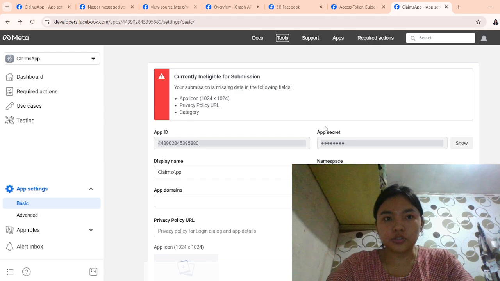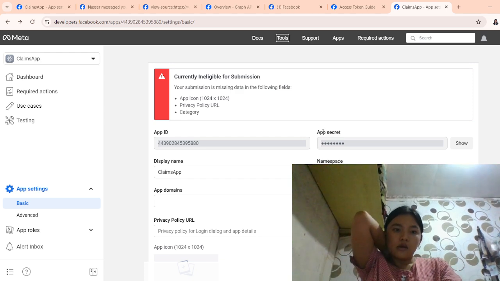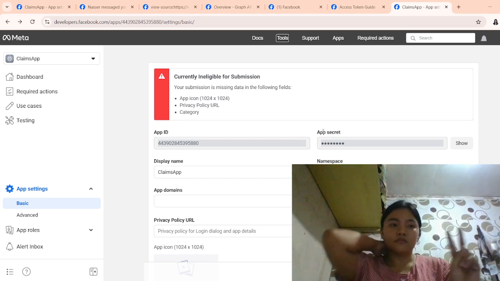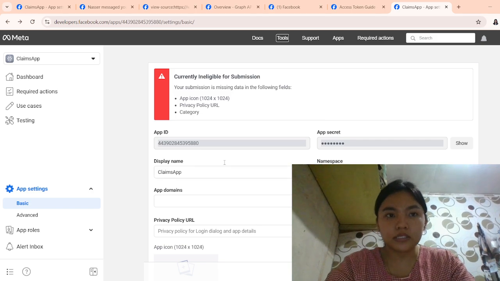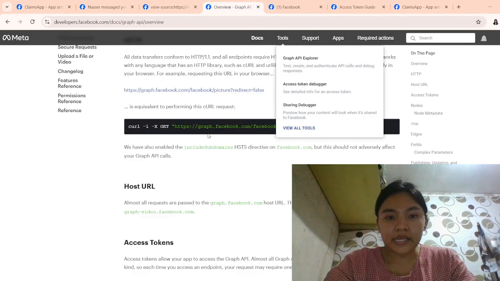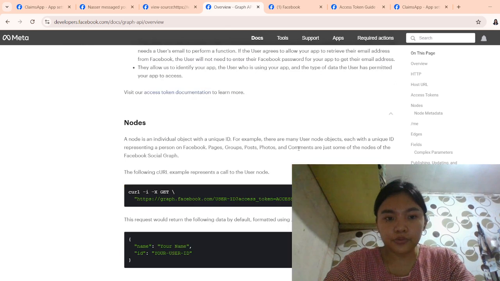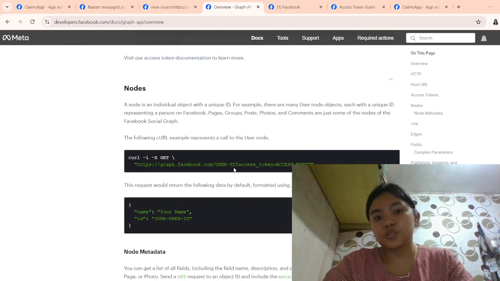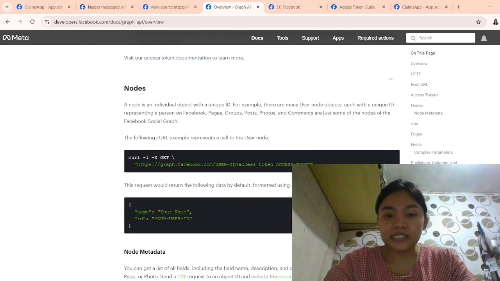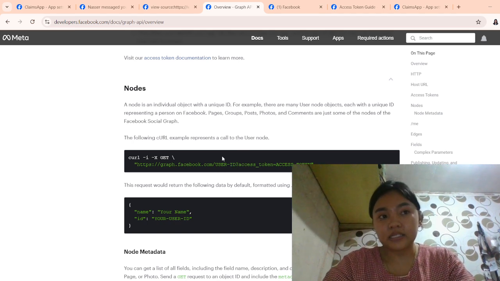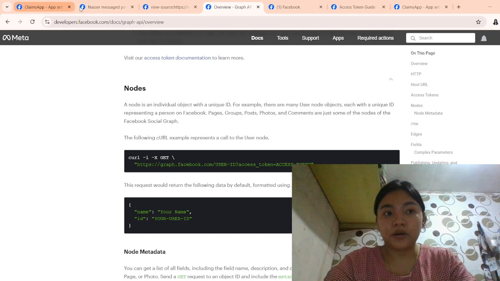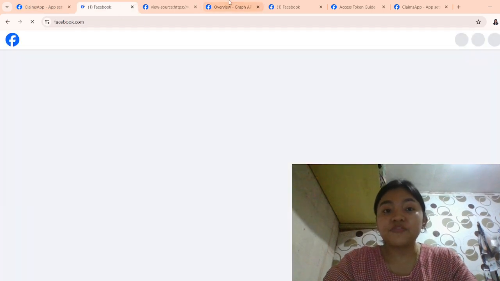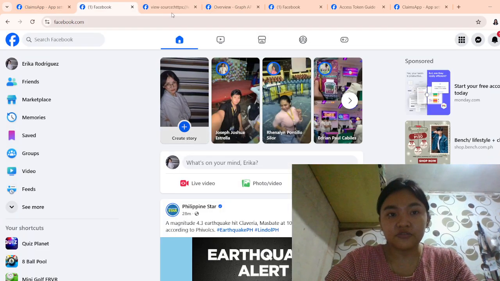At first it was really a bit of a struggle, and then my second struggle is when I am here on the overview, it already needs the user ID and then the access token. The user ID that it wants is from the FB account of my sister.